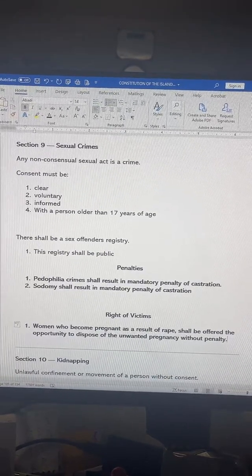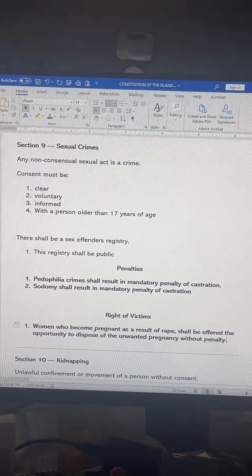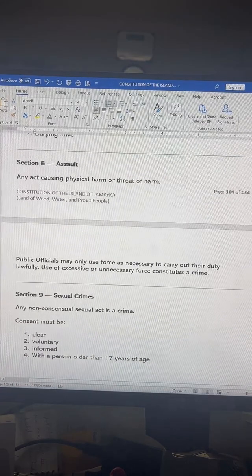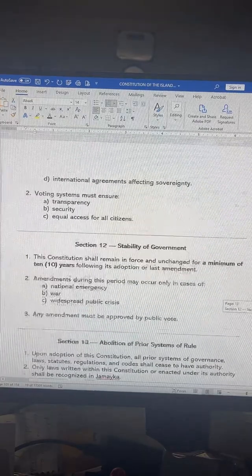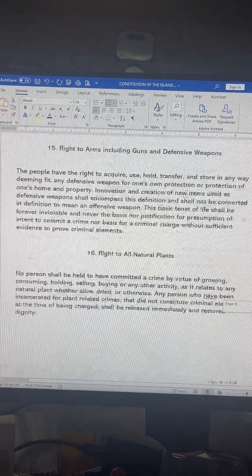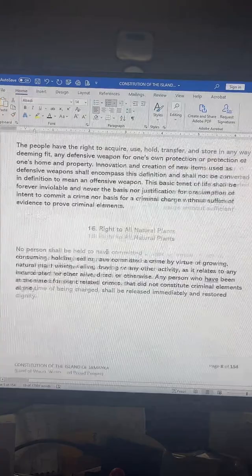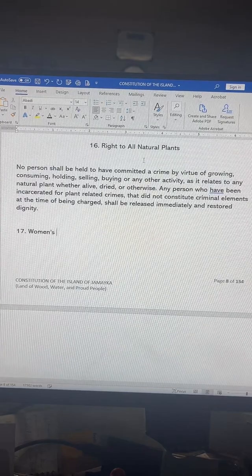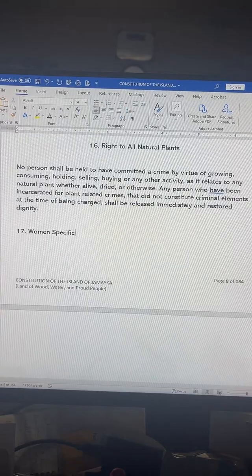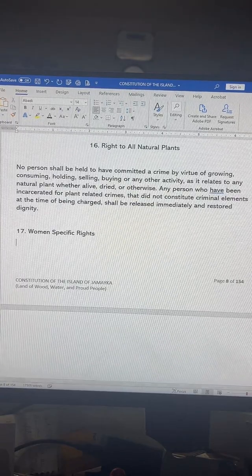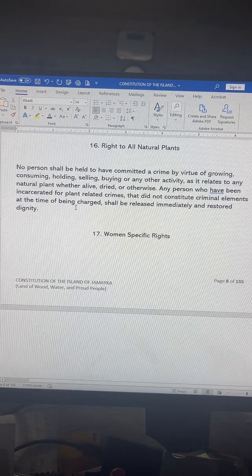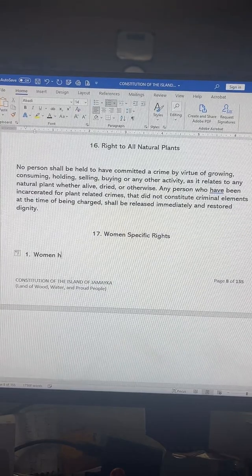Well, the birth control, that wouldn't go into this section, right? But you see, when we talk about rights, which is probably something we should put up here. We have rights, right? So 17. Women specific rights. One, women shall have the right